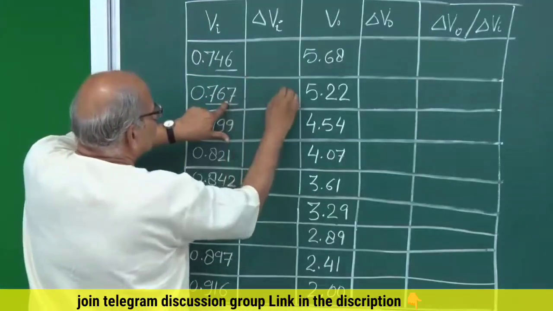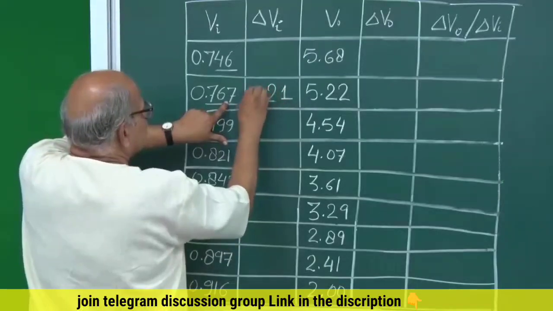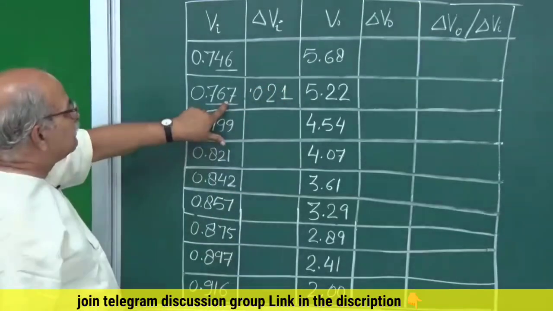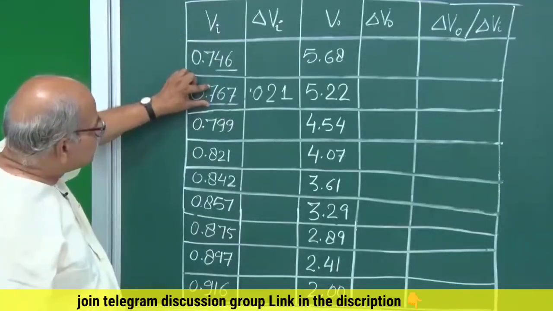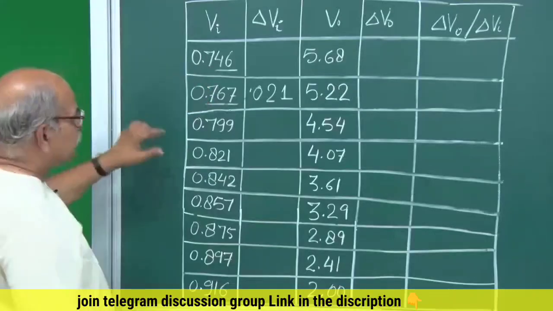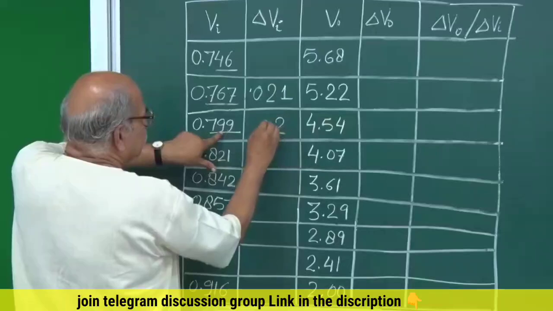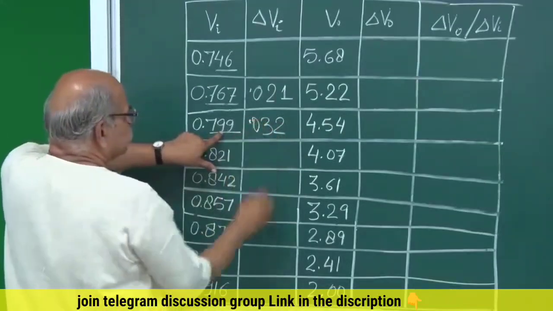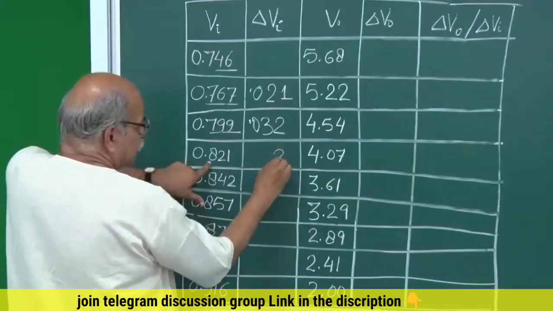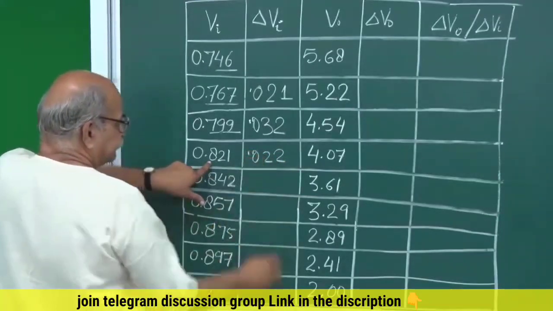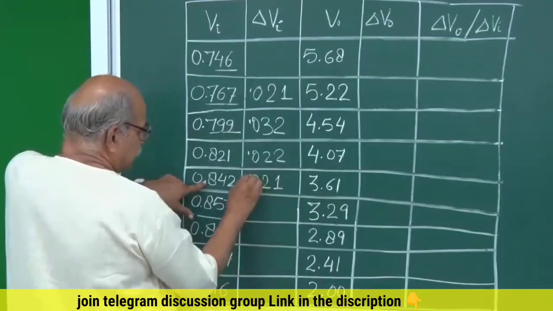I have increased this Vi by how much amount? This is 1 here and 2 here and 0 here. I have subtracted this from this, right. Similarly, if I go here, I have increased it by 2 here, 3 here, 0 here. Then it is 2 here, 2 here and 0 here. Then it is 1 here, 2 here, 0 here.